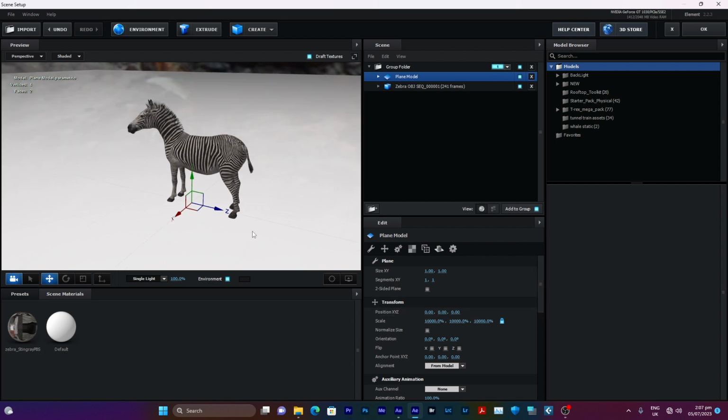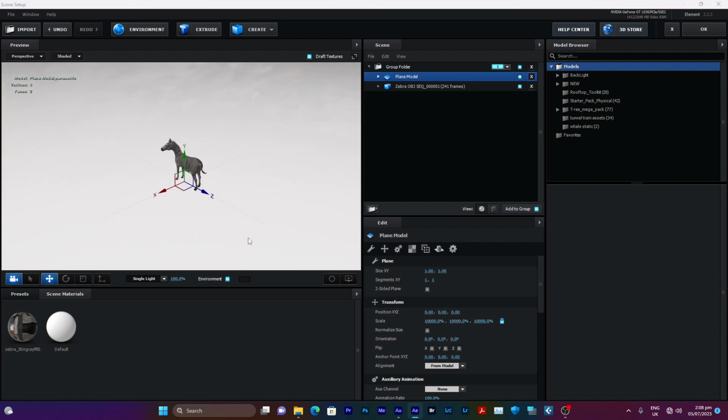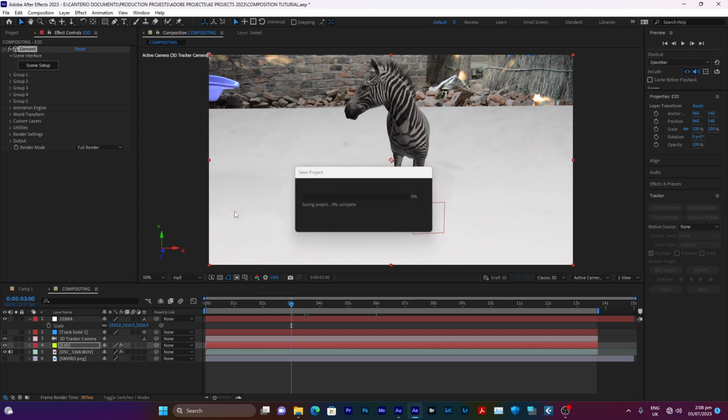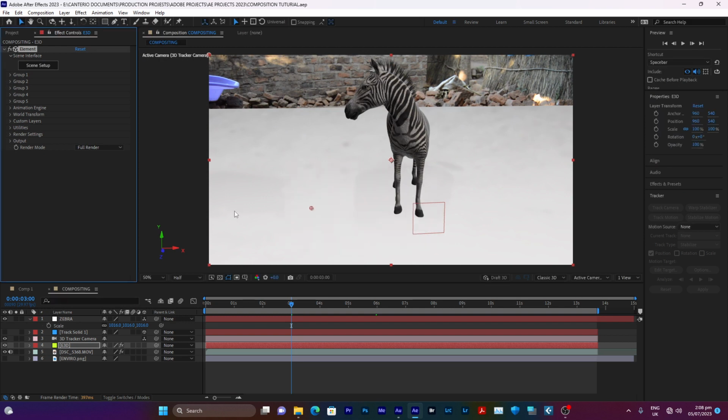Yeah, it's okay. So when we press this button, the plane is already in After Effects. So we don't want this. We just want to use the plane to fix the shadows and the lighting. So let's hide this plane. And when we hide this plane, what is going to happen is